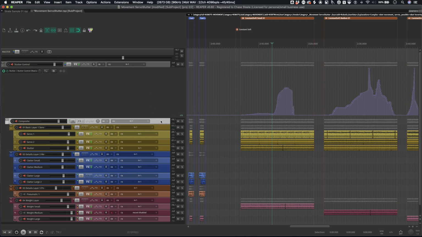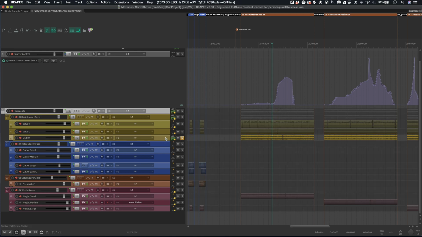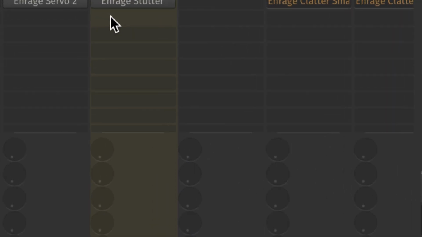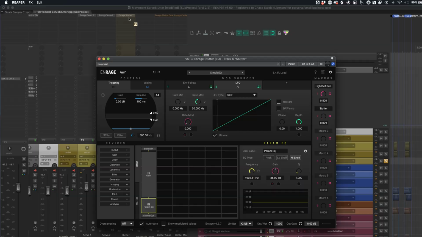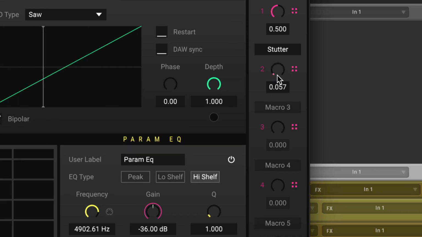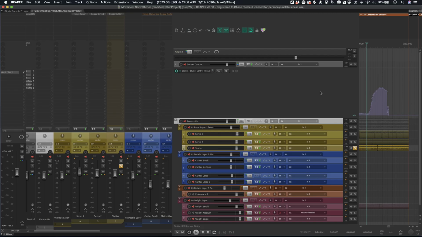And to show you what specifically that is controlling, it's definitely on this track, I believe. Yeah. So let me open that up and take a look here. So we have Enrage Stutter on here. And inside this plugin window, take a look at the stutter parameter. We can see that that's being automated by our MIDI control on the stutter track. So there's going to be other tracks that have similar concepts and functions to create some dynamics for your sounds over time and to help you emulate how it might work as an RTPC inside of Wwise. So that's pretty cool.